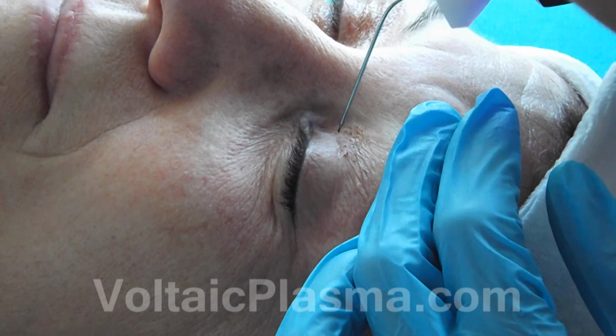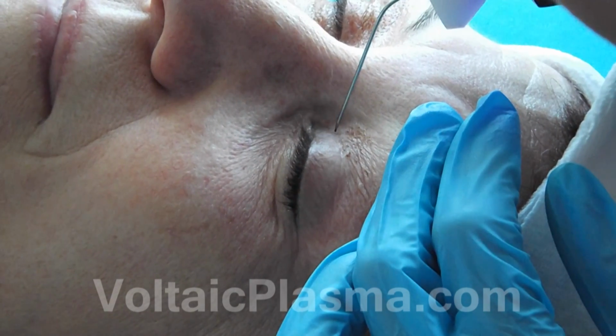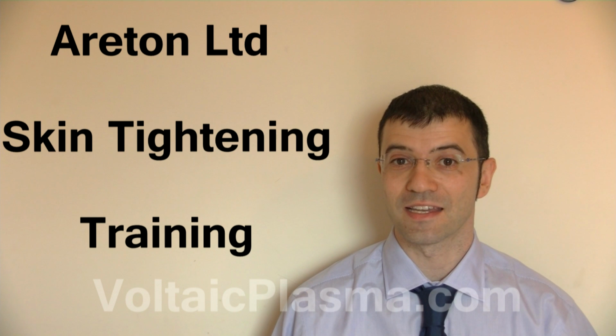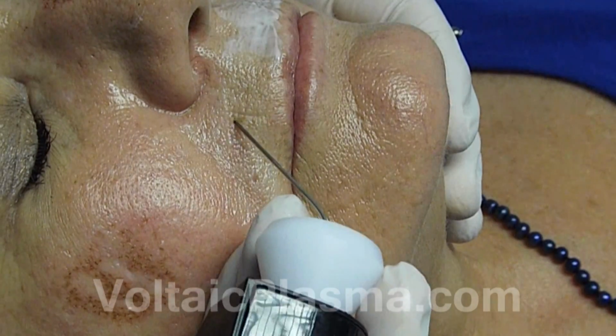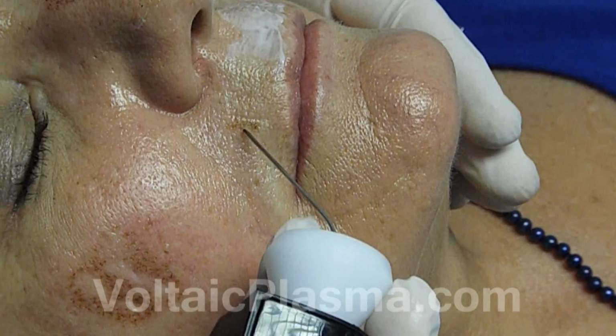As you see the results after the area has recovered fully and you gain more confidence, you can then slowly and gradually increase the duration of the spots and decrease the distance between each spot applied, hence increasing the intensity of the treatment. When applying the Voltaic arc for fine lines attenuation, cover the area between the wrinkles without applying